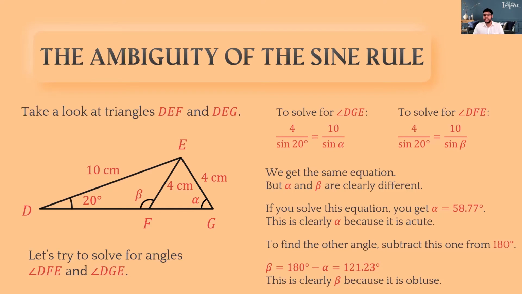Sometimes, children, the question will ask you to find the obtuse angle, or the diagram will show you clearly that the angle is obtuse. So in that case, when you take sine inverse, you will get an acute angle. To get the obtuse angle, you subtract that value from 180. Then you get the answer that you're looking for. Is this clear, children?